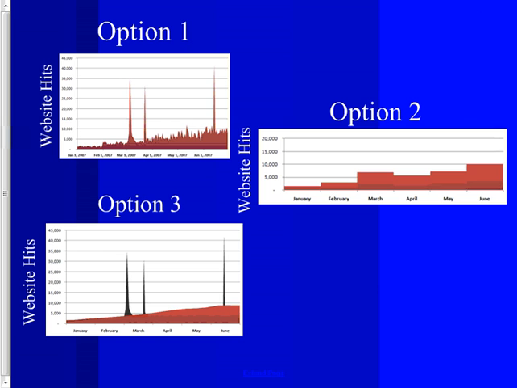All right, interpreting graphs. If you look at these three graphs, they're all about the same data. Do you get how they give you different information? They look different, don't they? I mean, if your boss asked you to say, hey, show me how our website's been doing over the last few months, and you gave them option 2 compared to option 1,